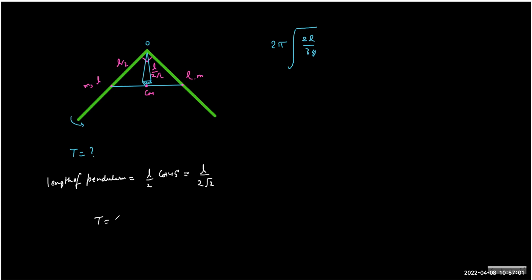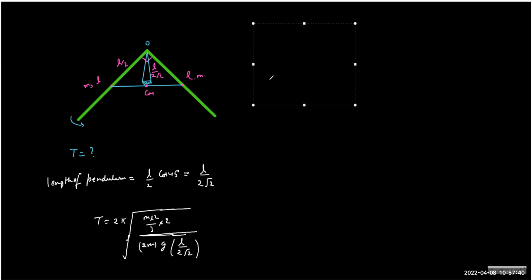And the formula says the time period is 2 pi under root of the moment of inertia over mgL. What is the moment of inertia about O? For a rod about the end point, it is ml square by 3, but we have two rods, so we multiply by 2. So I naught is this much, and the mass of the system is 2m. So time period is